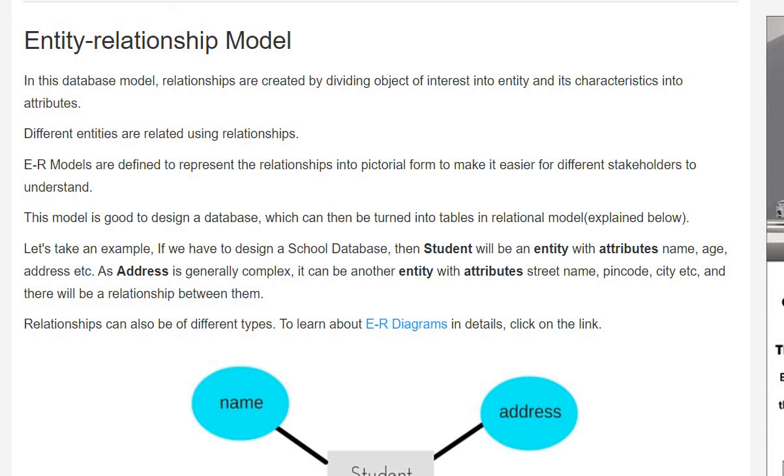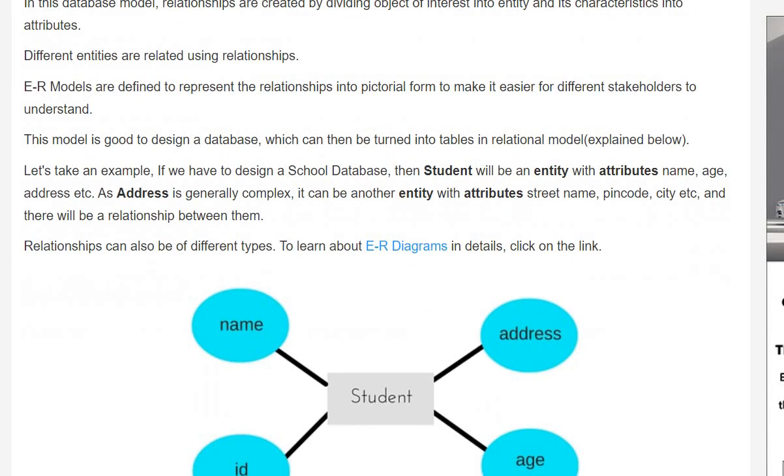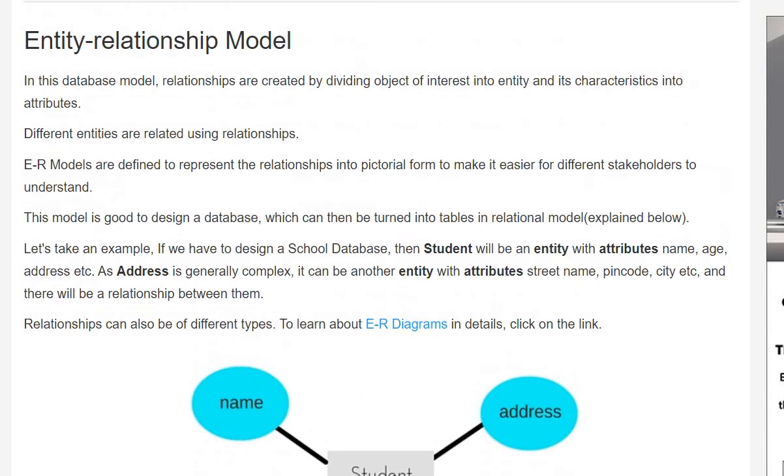They all have one relationship, that is student. In this database model, relationships are created by dividing the object of interest into entities and its characteristics into attributes, and different entities are related using relationships.